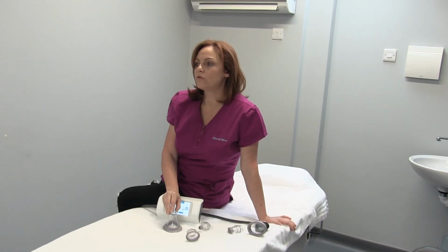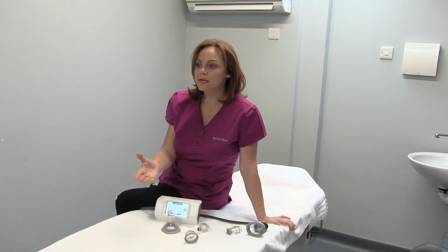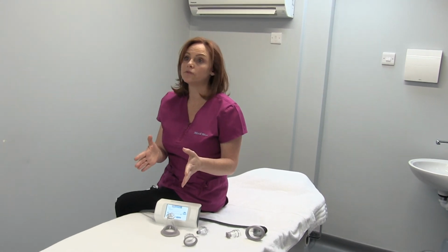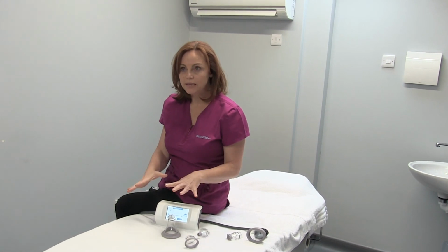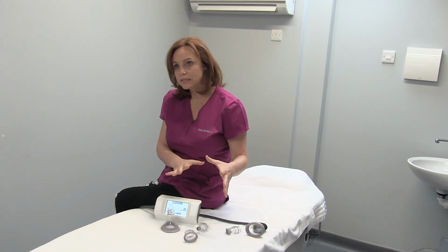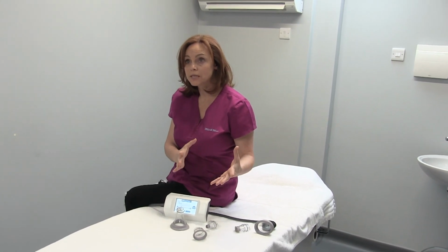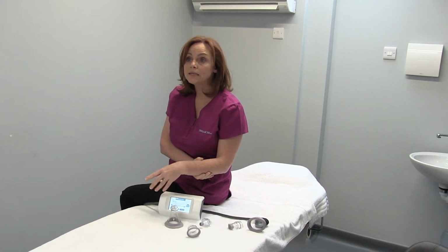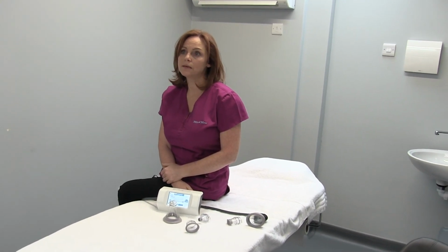What I hope for a patient is for them to see and feel the difference. Manual lymphatic drainage on its own, done very basically, people do see a difference anyway. But then when you've got something like this complementing what you're doing, it increases the benefits and the outcomes. Hopefully we will see a reduction, that their limb may feel lighter, that we'll see the swelling decrease, and 9 times out of 10 we do see that having used